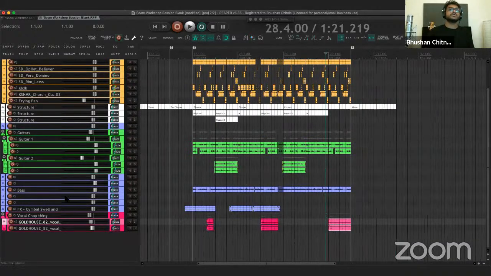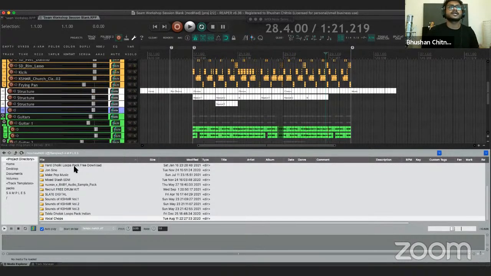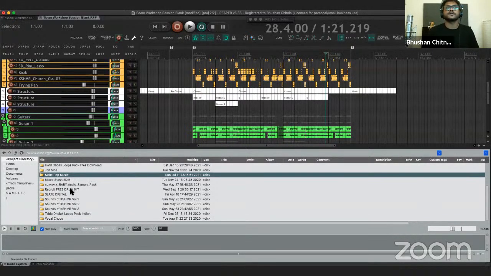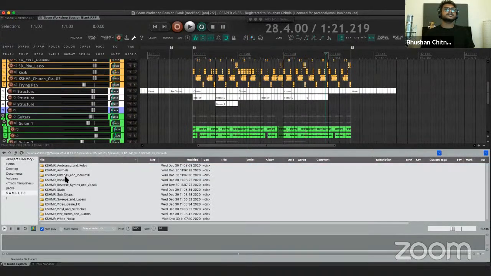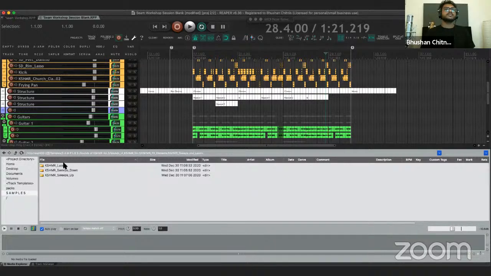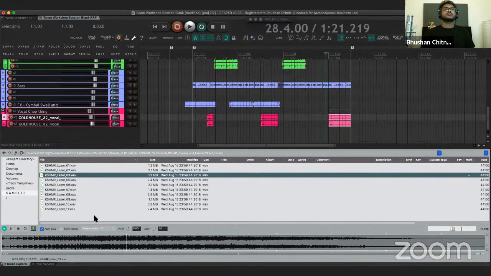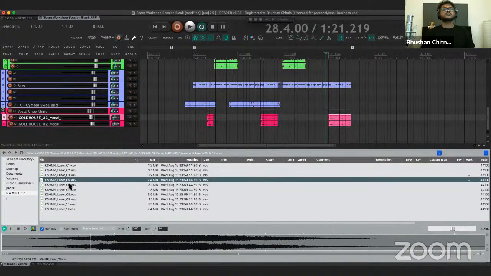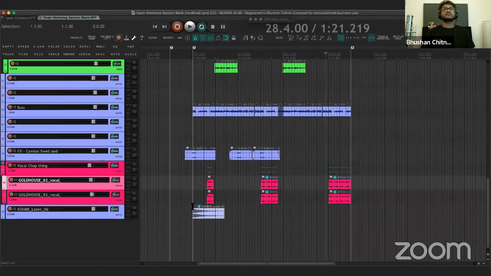Now let's look for more effects elements. Let's look for risers, let's look for boomers, let's look for some ear candy stuff which intrigues the listener a little bit. So let's go to effects elements, sweep up and lasers. Let's see if a laser sound works. Too intense. Too intense. I think this might work. So again, it sounds really funny out of context, but